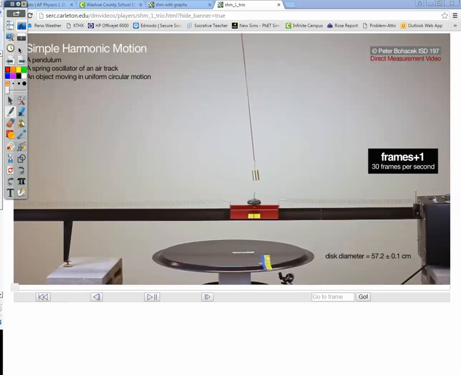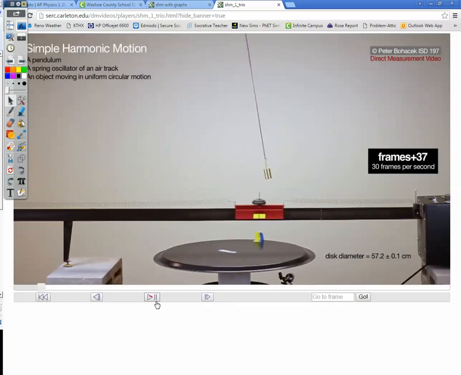So here let's take a look at three things that at first don't look like they have anything in common. We have a cart attached by two springs, we have a pendulum hanging above that cart, and then we have a turntable down below that is rotating at a constant angular velocity. And when we set these guys in motion, what we see here is, wow,